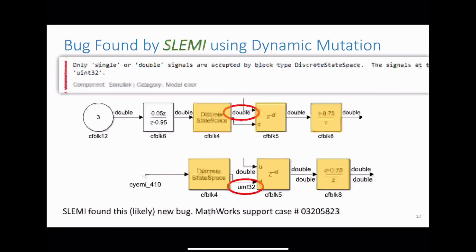To wrap up, I'll show one example bug. Here in the top row we see the seed, and in the bottom we see the mutant, and the highlighted boxes are the same in the seed and the mutant. Since this was in a zombie region, we could change the blocks and replace them with other blocks that have similar data types. So this should maintain functional equivalence. However, when we compared the two models, there was a data type mismatch, which resulted in finding a new bug.